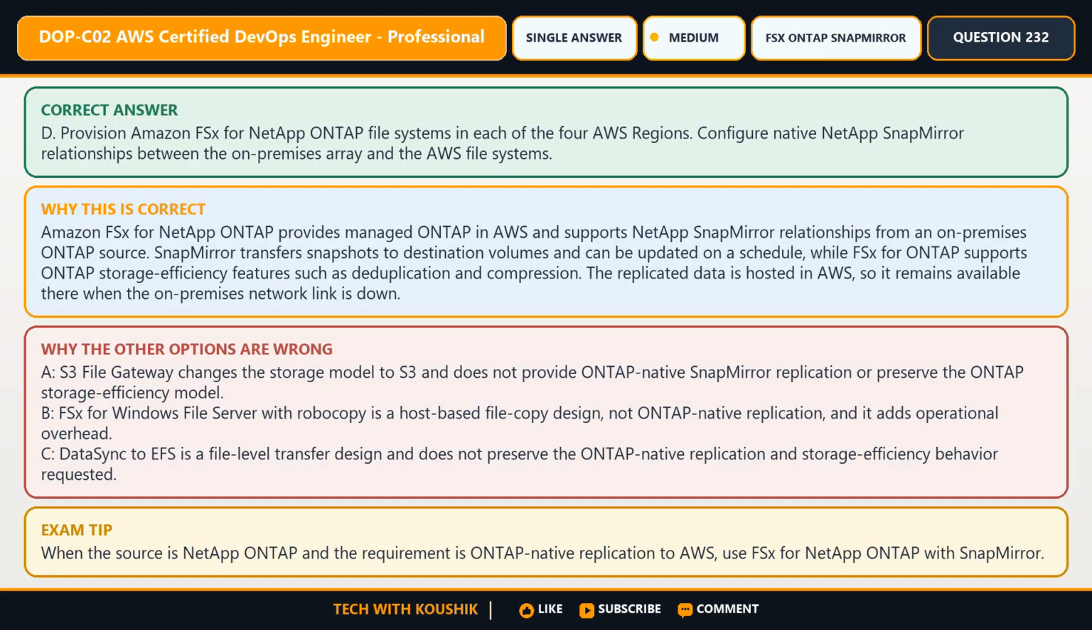The answer here is option D. Provision Amazon FSx for NetApp ONTAP file systems in each of the 4 AWS regions. Configure native NetApp SnapMirror relationships between the on-premises array and the AWS file systems. This works because Amazon FSx for NetApp ONTAP provides managed ONTAP in AWS and supports NetApp SnapMirror relationships from an